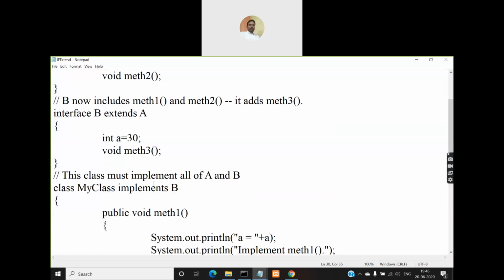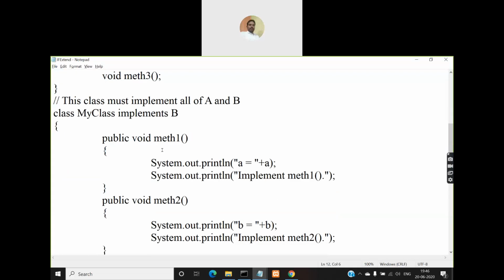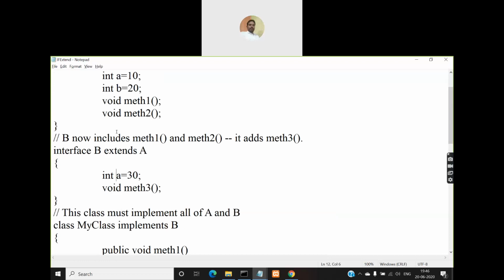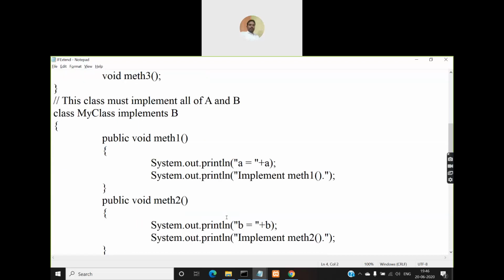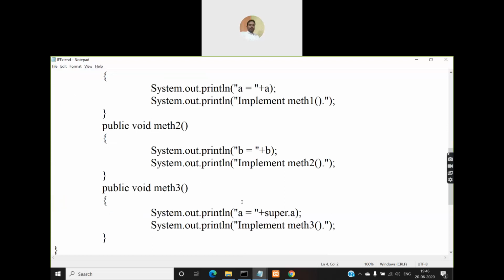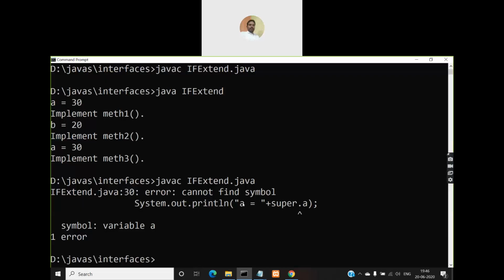Though we are implementing interface B which has a variable a, this variable a is hiding the superinterface's variable a, right? So if you want to access the superinterface variable a's value, that is 10, you will not be able to access it. You observe the output.